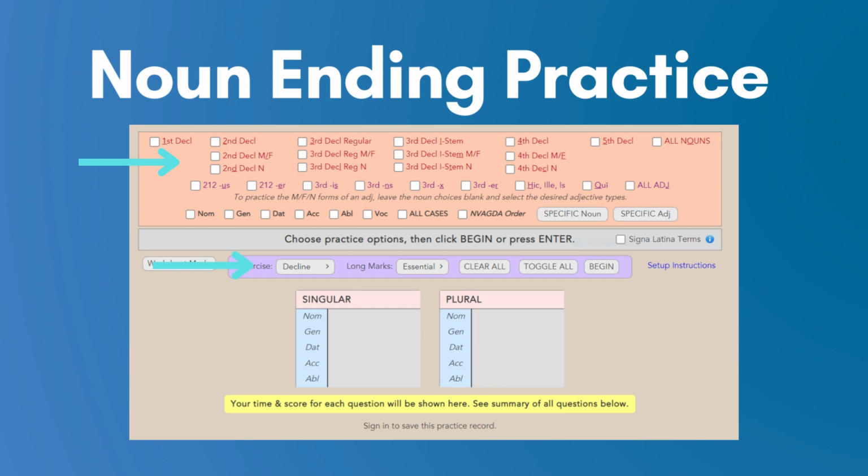So if you're a student and you're not sure what to pick, just go with the basics or ask your teacher, not a big deal. If you're a teacher, of course, you can customize this and send it to your students, but it's a really powerful tool to use. And if you really want to get even more in depth, underneath, you can see it says all cases. So basically those